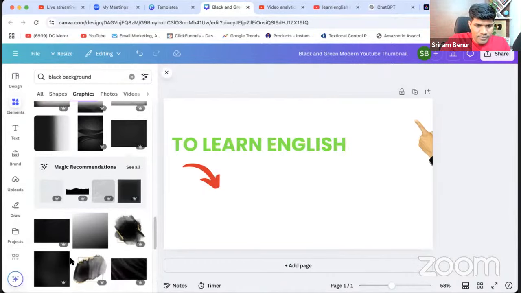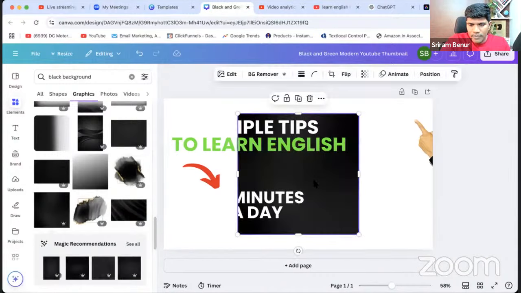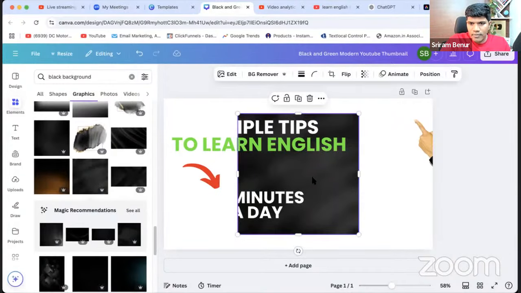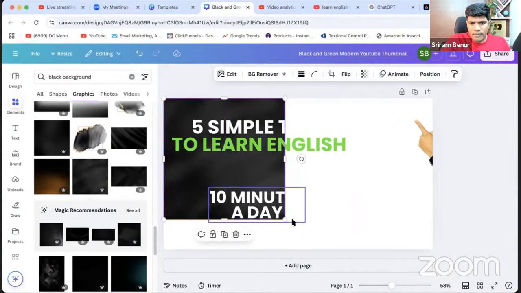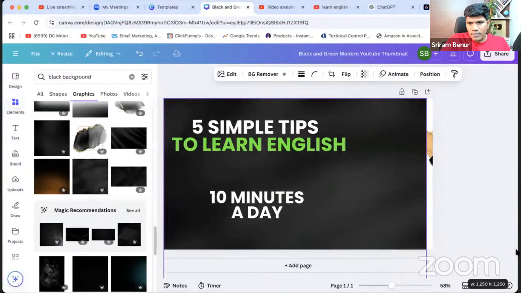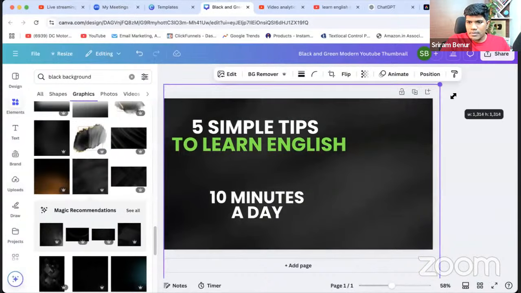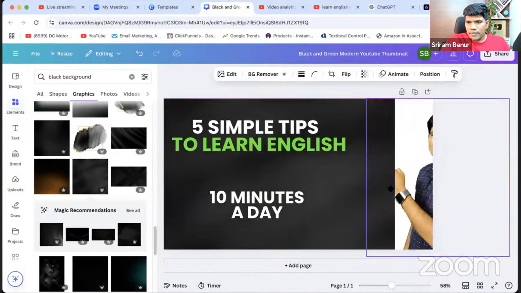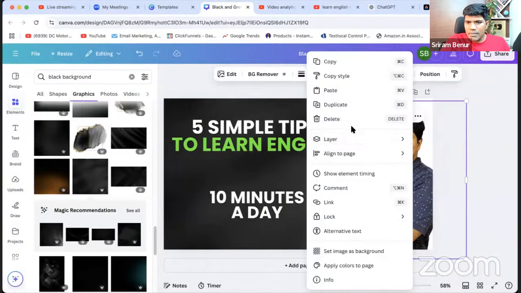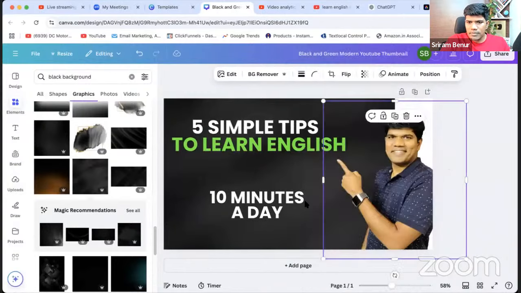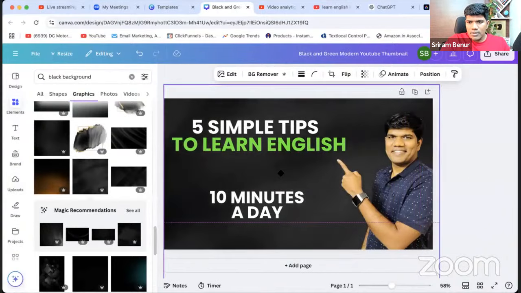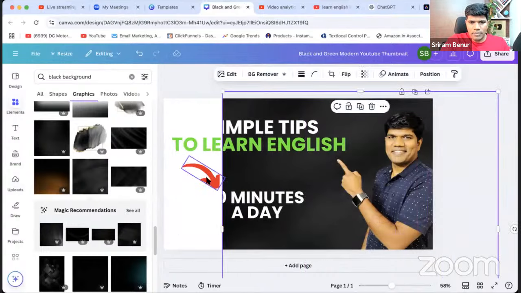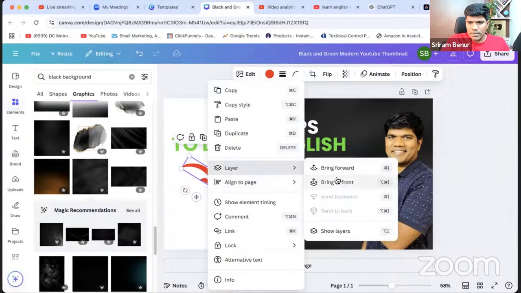Not this one. No. Okay. So let me right click and bring my image in the front. So you can do like this. I think my arrow went behind, so I'm going to bring it to the front.